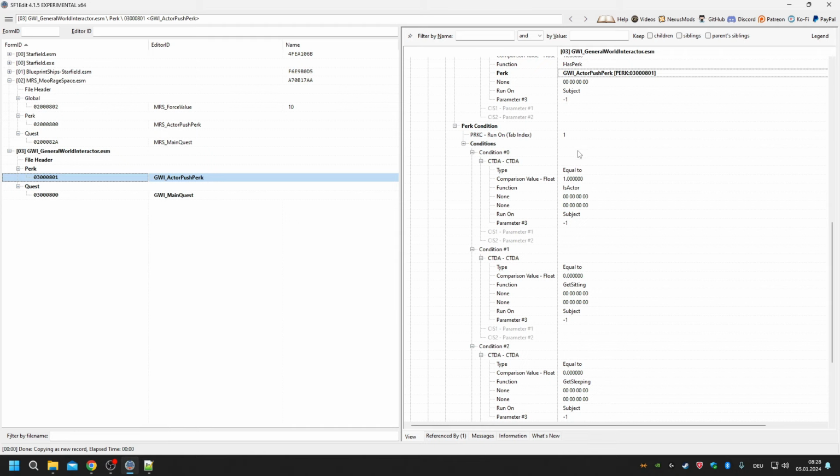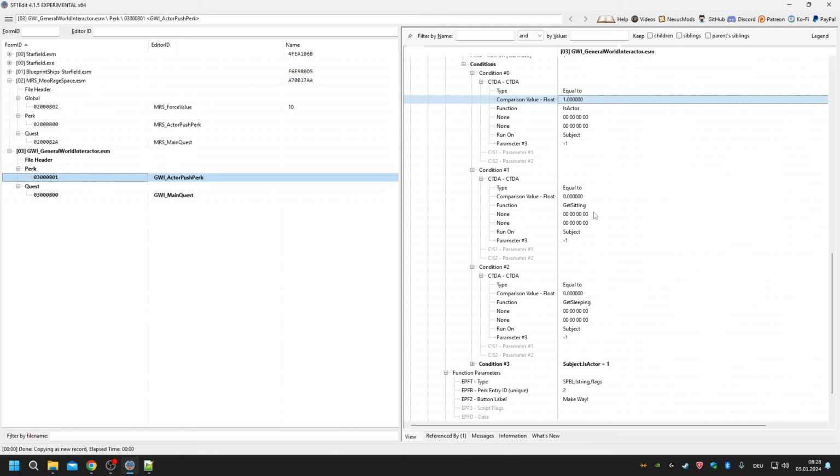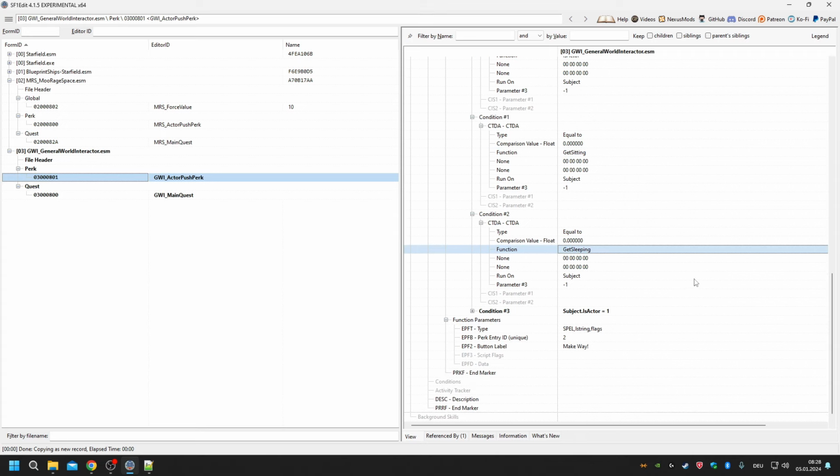And then you have the condition is actor, so it means the interaction menu that will show up will only show up for actors, 1, but not 0, when they are sitting and when they are sleeping. And I did that because